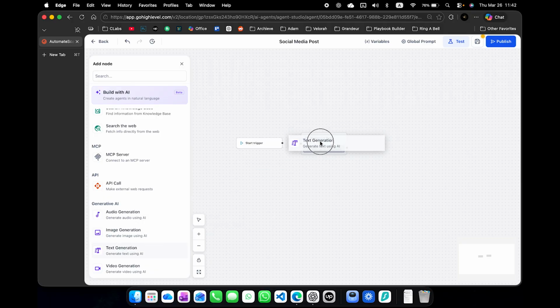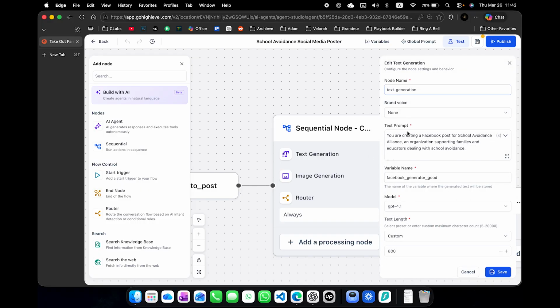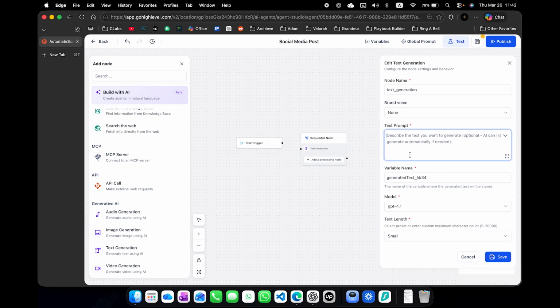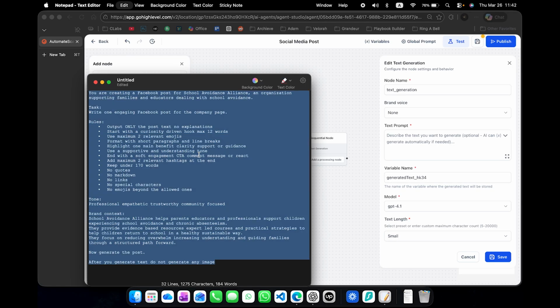Text generation, we'll add it here, and at the node name we are gonna keep it as it is, and into the text prompt we are going to create a prompt that will allow the GPT to just prompt a post. For this purpose,